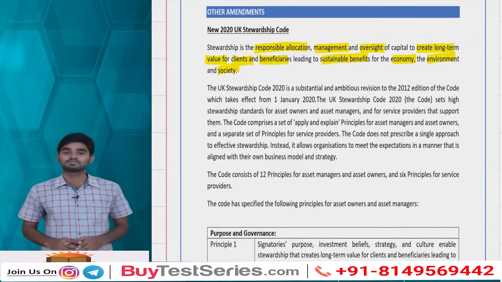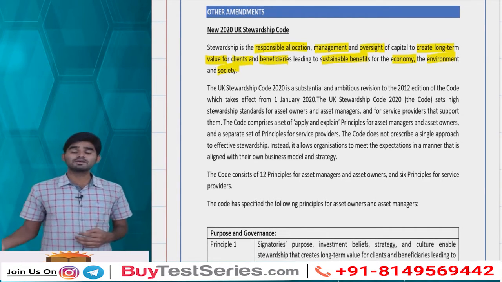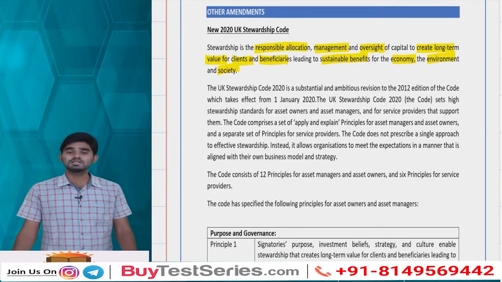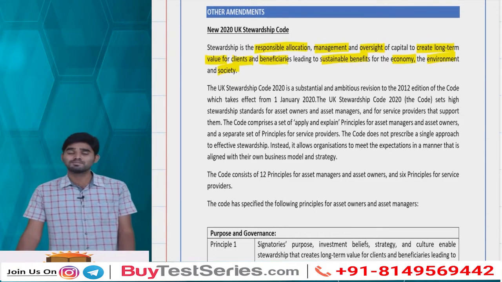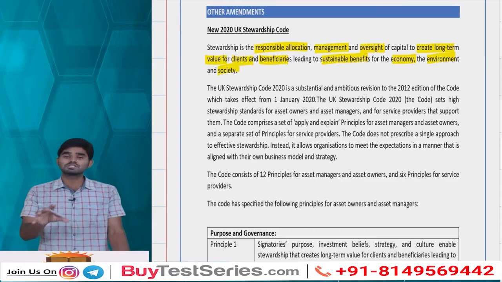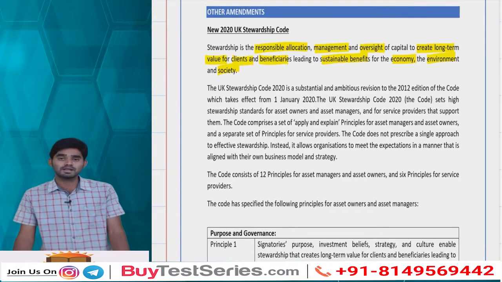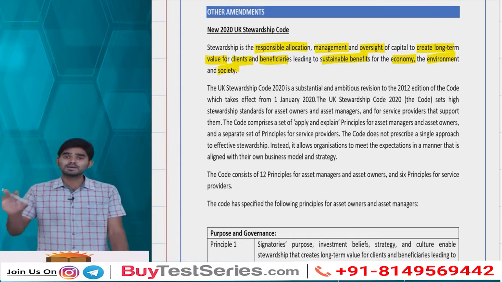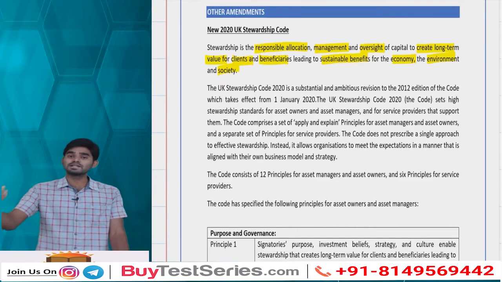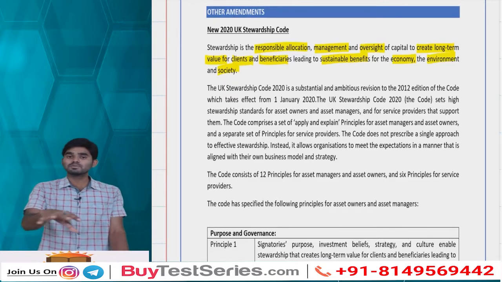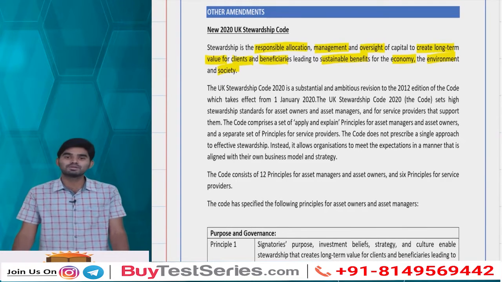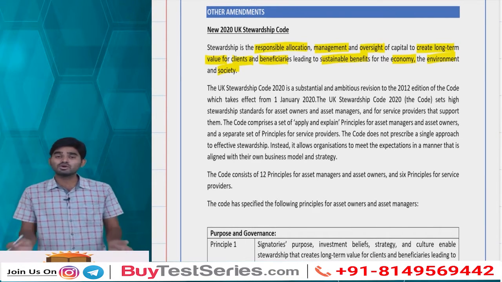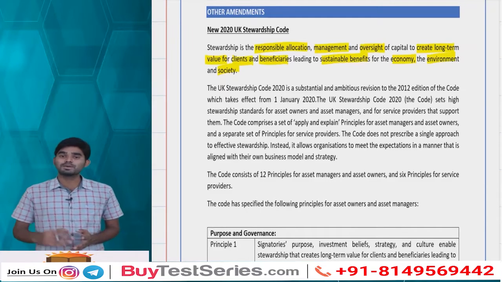Now in this context, where you are managing the assets of any particular individual, that is asset management companies, asset owners, AMC companies as we say, asset managers, or any service providers to these people, where you are managing the assets or the properties of different individuals, or you have a pooled amount from different individuals, where you are going to manage that particular fund, say for example the pension fund, or you are going to manage that particular property for the benefit of some other people,